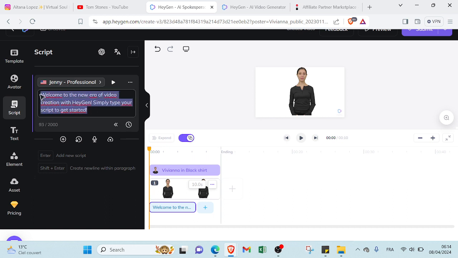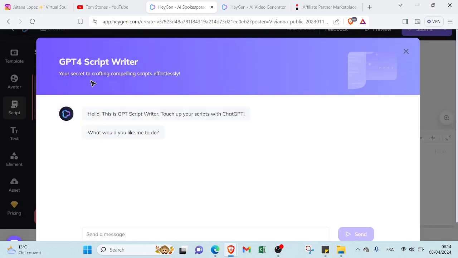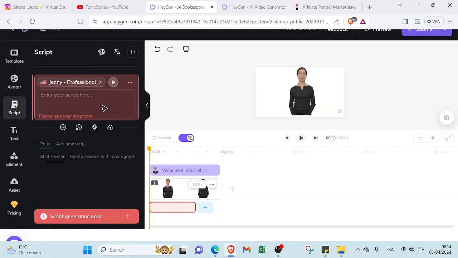You can add the script that you want by typing here, and if you want help, you can just type the topic that you want, and then you will have the answers here. You'll have the script here, and here we have translating the script if you want it translated, and you can just click over here to add a script if you want to add another one, or add a pause section, or add a recording, or upload audio.